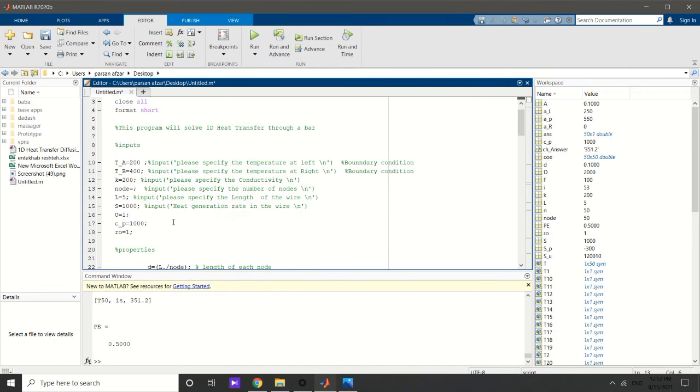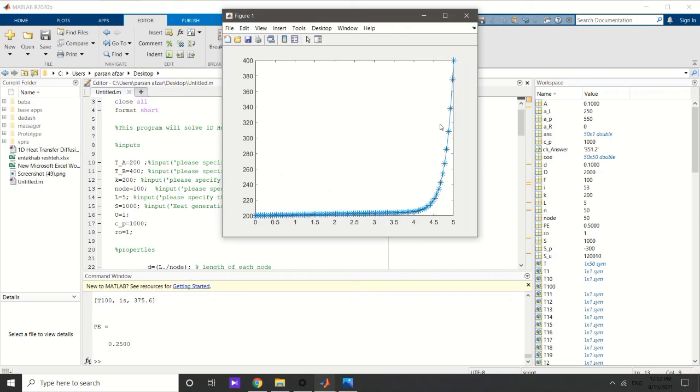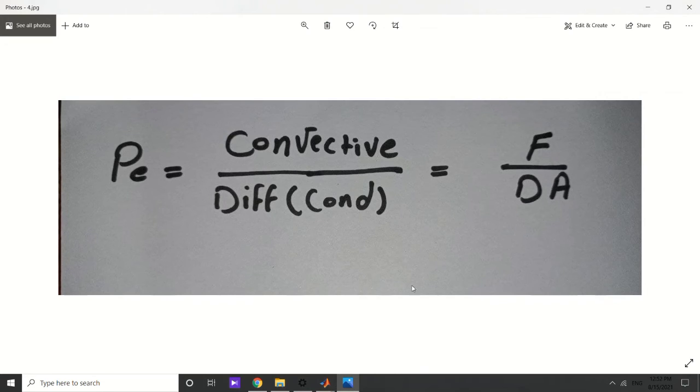And it can be even smoother, I think, by increasing the number of meshes even more. Yeah, it is the smoothest solution, by the way. And you can see that by increasing the number of meshes, we actually increase the denominator and decrease the Peclet number. But since these solutions sometimes have unstable answers, another scheme, which is called the Upwind scheme, is defined,